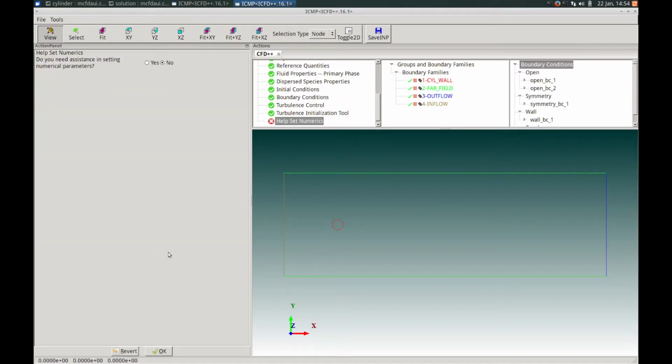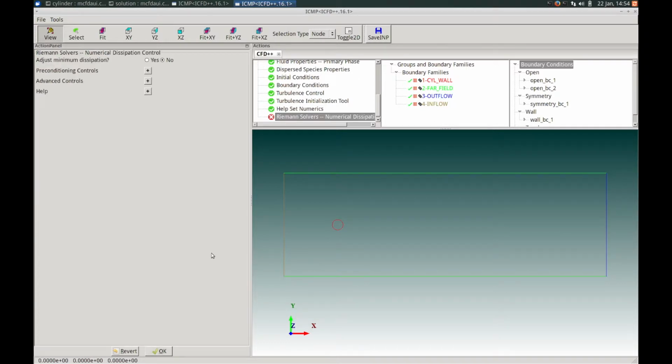Let's click OK to continue. This brings up the Help Set Numerics panel. We won't be needing assistance in setting the numerical parameters, so we can click OK to continue. In the Riemann solver settings, we can keep the default minimum dissipation and click the plus button next to the